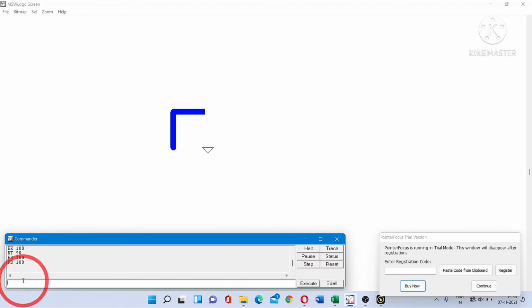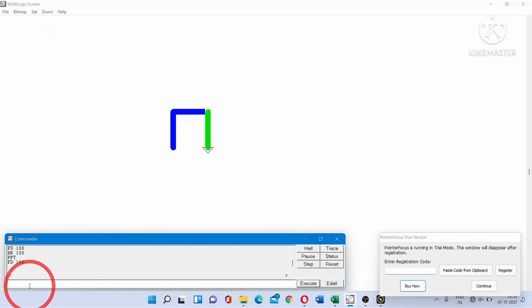First we will deactivate the pen erase command with the help of the PPT command. So we will type PPT and press enter. This command will deactivate the pen erase command. Now we will again use the FD command to draw the line.